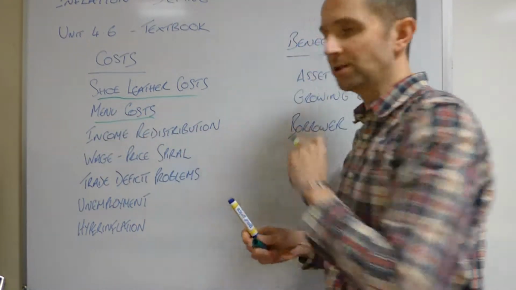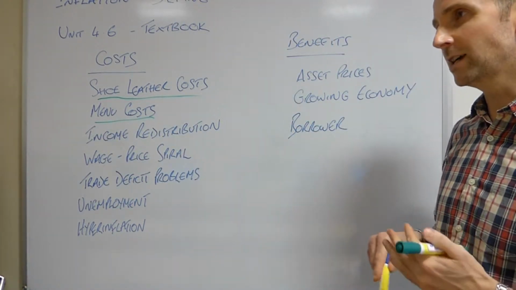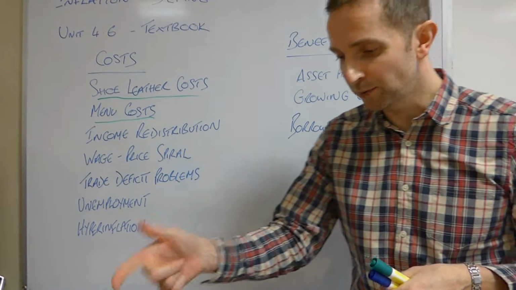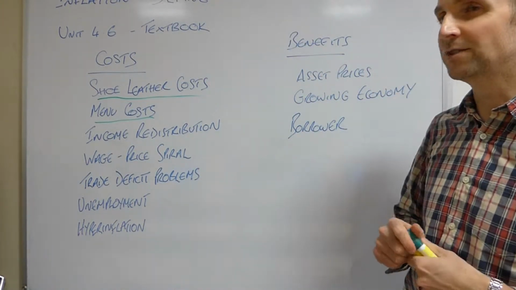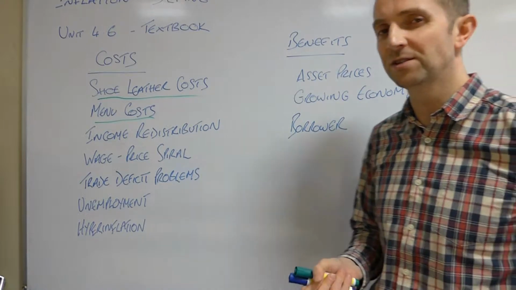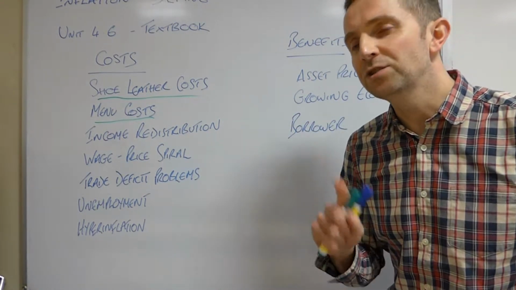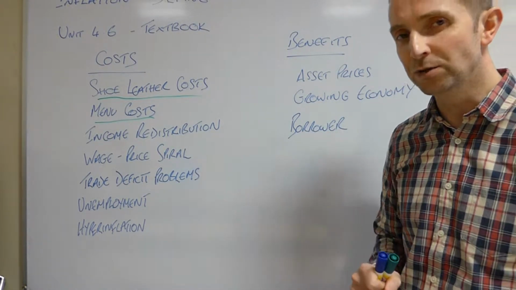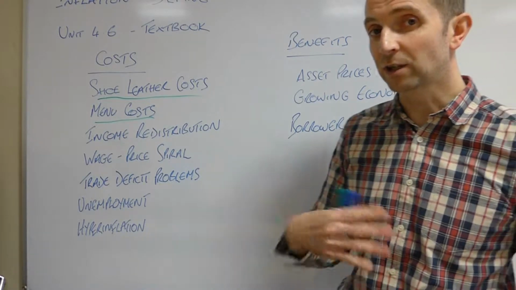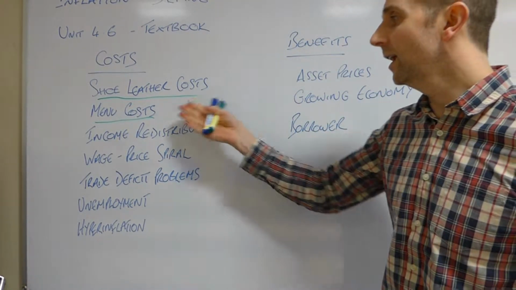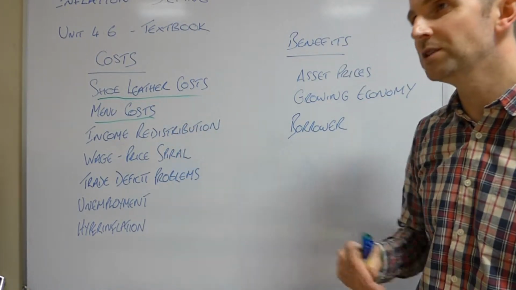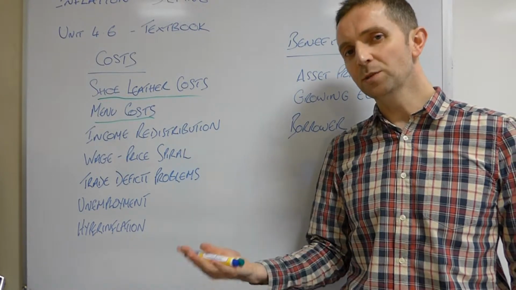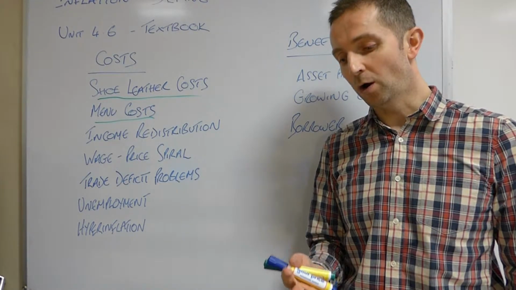Second one, menu costs. If you run a cafe, a restaurant, or if you think back 20 years ago when everything was priced via a pricing gun, none of this online business and all these electronic pricing systems, if inflation is changing all the time, you obviously have to change your prices all the time. You have to update your menus, your catalogues and so on. And there's a cost implication there. Now, that has been negated quite a lot nowadays because so much is done online, and therefore you can do it at the touch of a button. But there will still be some type of administrative cost to that.